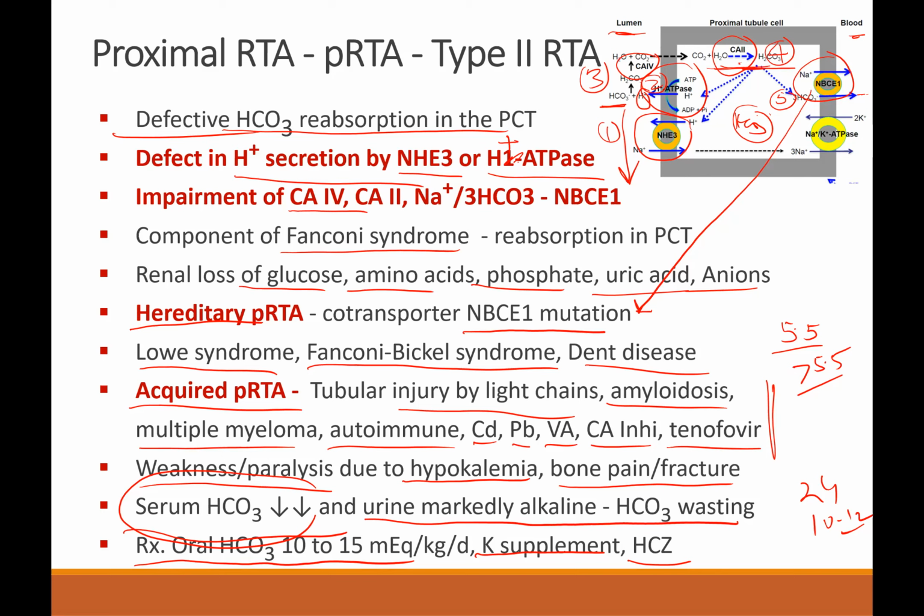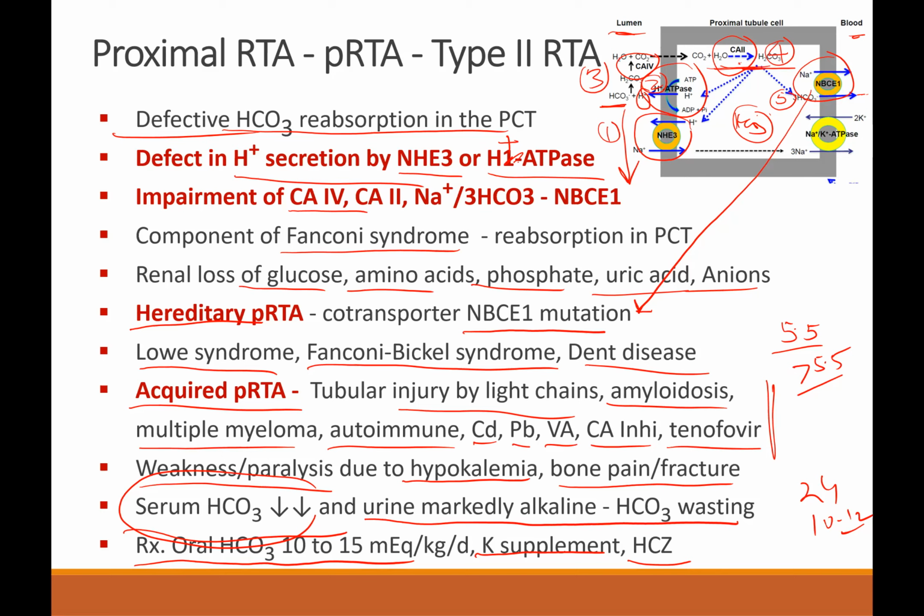Okay, how does it manifest? It manifests as paralysis or weakness because of hypokalemia. There is also bone pain because there is an involvement of the bone carbonic anhydrase and also some disturbance in the calcium metabolism. What will be the features? Features of metabolic acidosis, NAGMA type, bicarbonate is very markedly reduced and urine anion gap is very high, and urine is alkaline because bicarbonate is not absorbed and it is pushed in the urine through the lumen, and that is called the bicarbonate wasting.